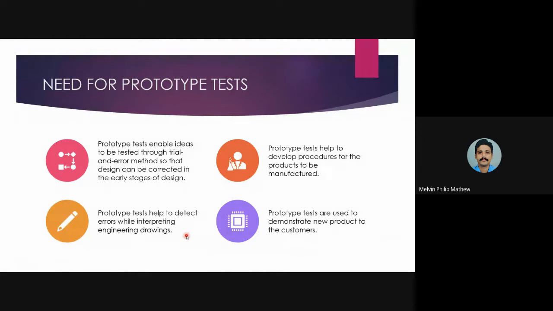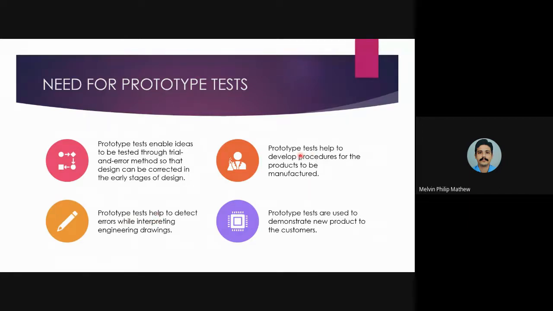So these drawings are converted into a prototype, and this prototype is then tested. If it is not up to the set dimension, we have to change the drawing. Various dimensions will change, and for that purpose we change the engineering drawing, and then based on that drawing we design another prototype, looking for sufficient strength or sufficient factors that are needed to make the product run in the market. That is the next point coming under prototype test.